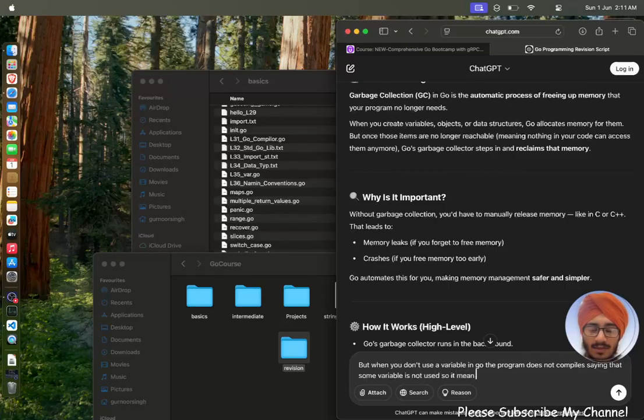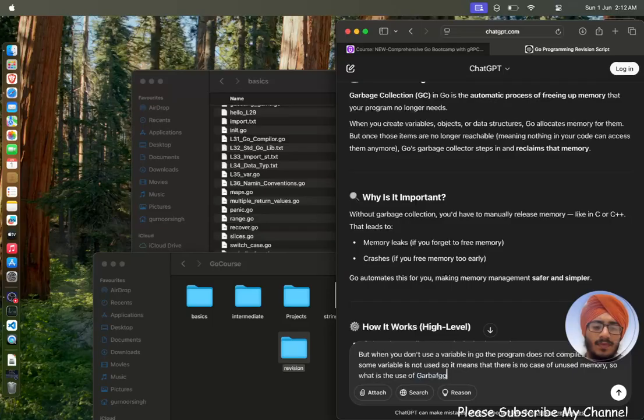So it means that the variable that the code that there is no case of So that